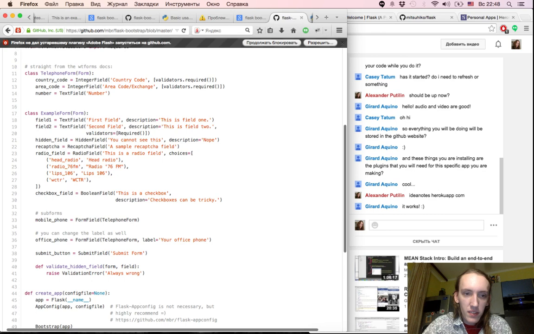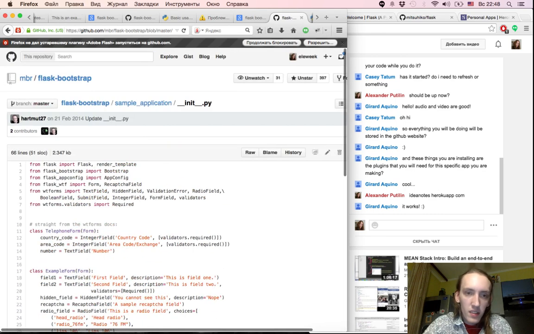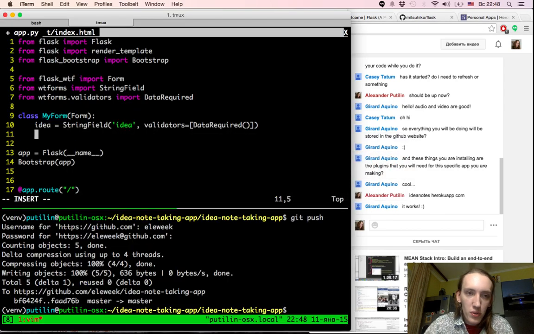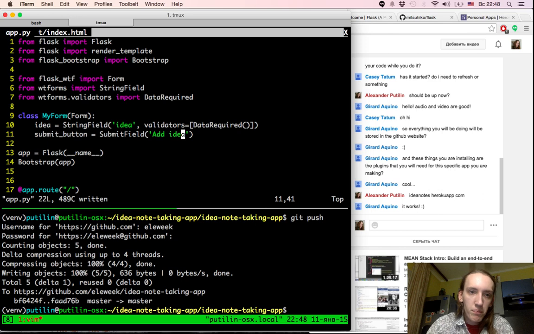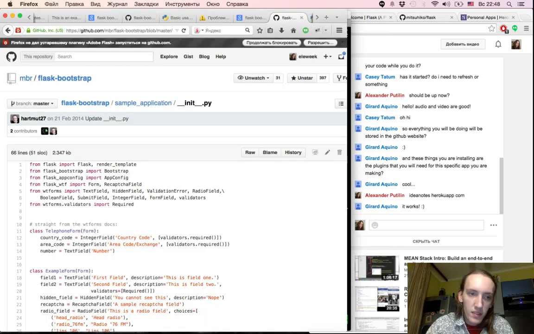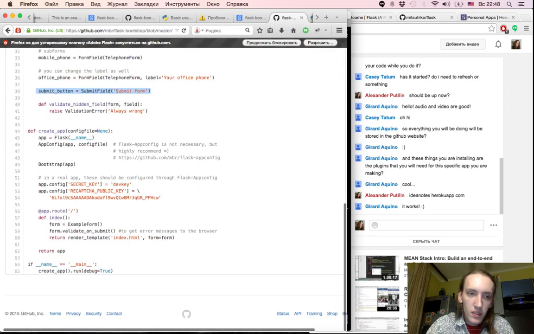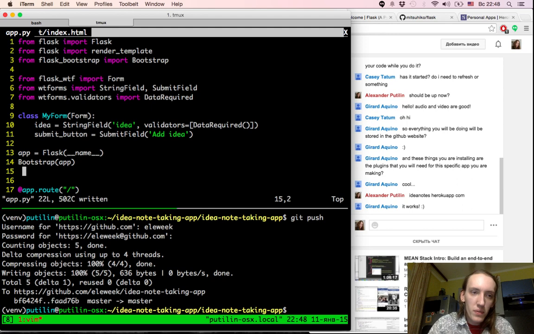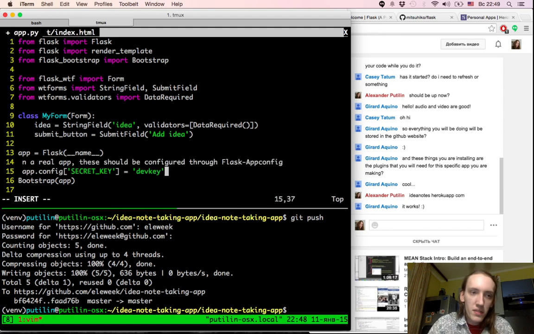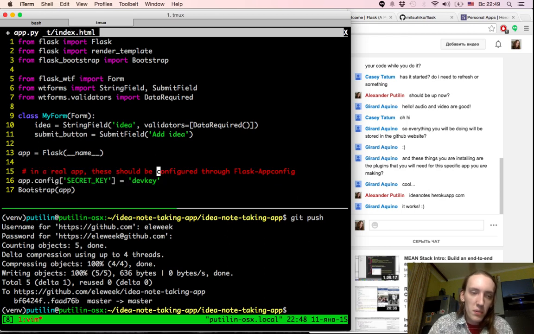Okay, submit button. I'm going to add a submit button here, and I'm going to rename submit form to add idea. Submit field. So I'm also going to copy and paste this line, and